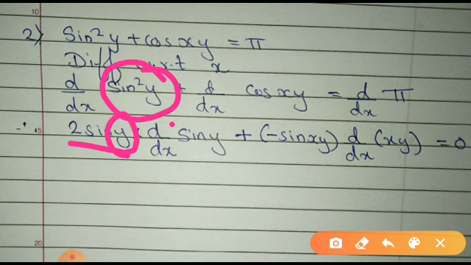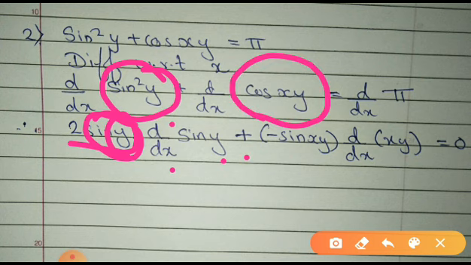So I have to write d by dx of what again? Here this is not just 2 sin y. It is not like x squared, so instead of x it is sin y. So you have to take the derivative of sin y, plus then again cos of xy. The derivative of cos is minus sin xy. Again it is not only in terms of x, so again the derivative should be taken for x into y. And the derivative of a constant is 0.